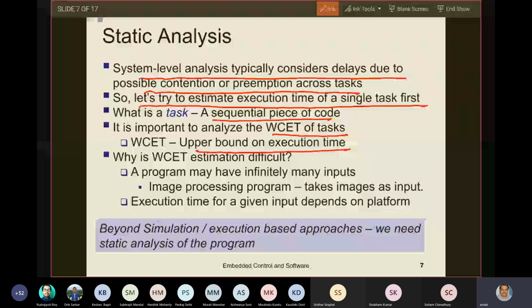Now, why is estimation difficult? Simulation based estimation is difficult because a program can have infinitely many inputs. An image processing program can take any image as input, and there may be multiple control paths depending on what type of image processing you want to do: you want to sharpen, apply different types of filters, or reduce the size of the image. Depending on that, the program can take various amounts of time on the given image, and therefore it is very difficult to find through simulation what the worst case and best case